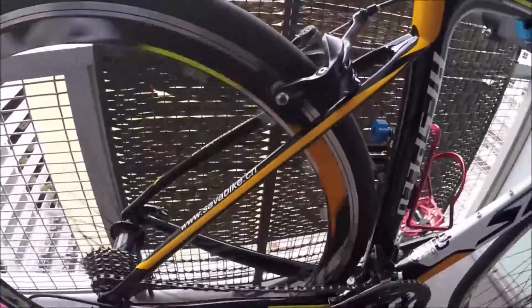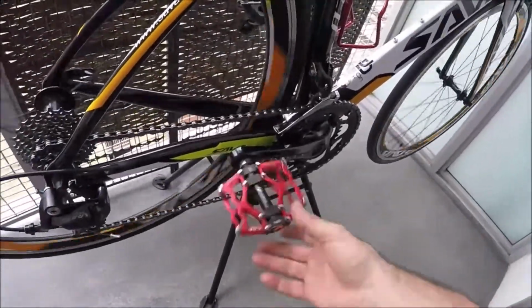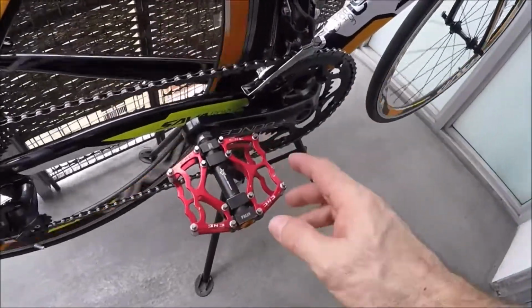About everything on it. So this is the last thing that I'm going to change right here, is pedals. And just so you know, I have torn meniscus on my knees over the years. I am 60 years old, so